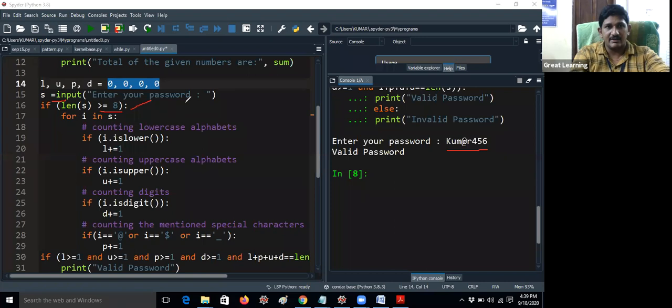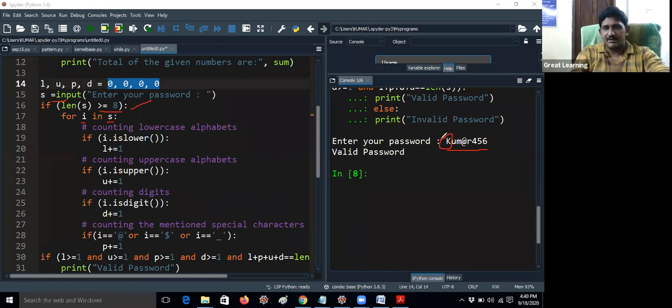For i in S, the for loop always takes the first character. Whenever you have a string, i always looks at the first character of the particular string. That's the reason I already told you in the for loop with strings concept, for i in a string, for example Python, P-Y-T-H-O-N, you will get the values like that.